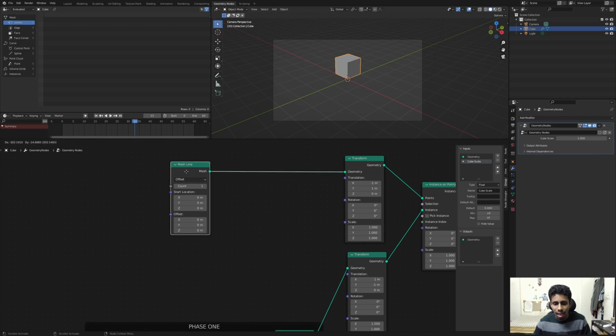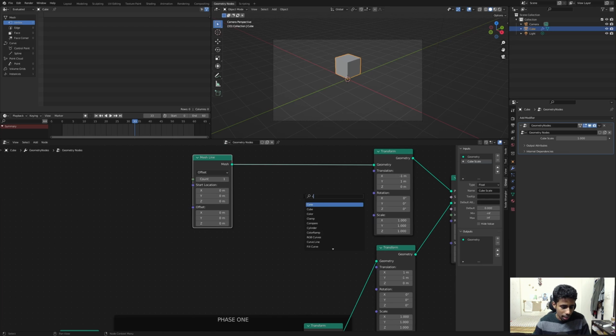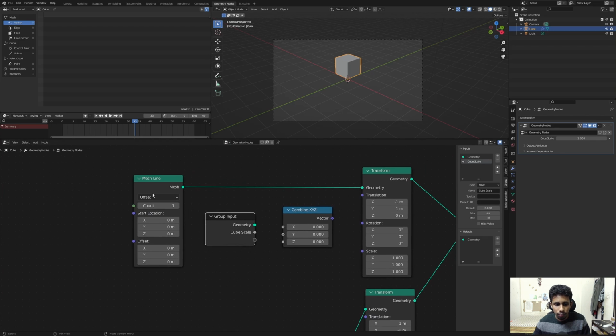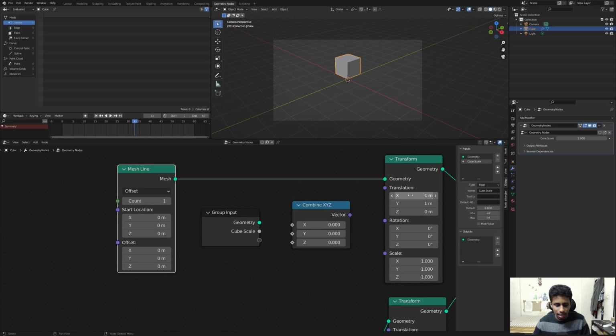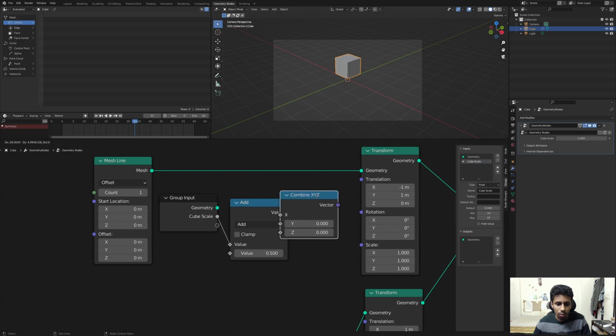It's just that some of them are multiplied by 1. Yeah, so -1. Some of them are -1, some of them are +1. So why not just add in a Combine XYZ node right over here, and I'll add a group input node here as well. So over here, for the point, you can see that the x requires a -1. So I'll just connect that over here, and I'll just quickly add in a math node,